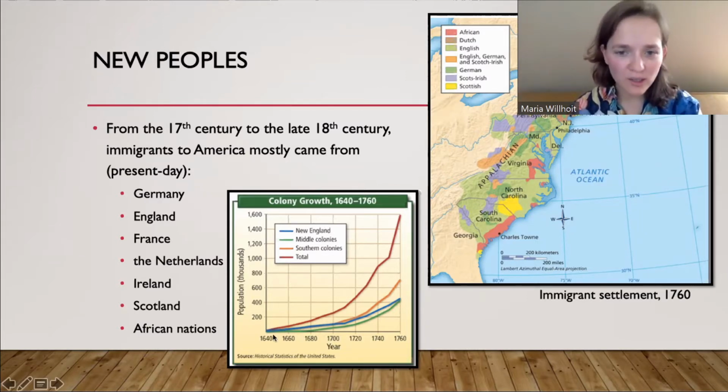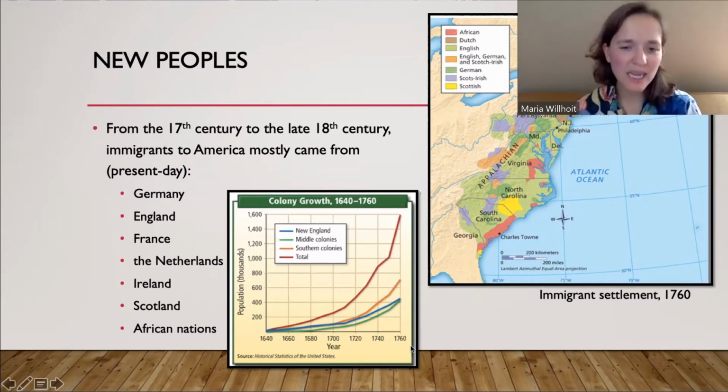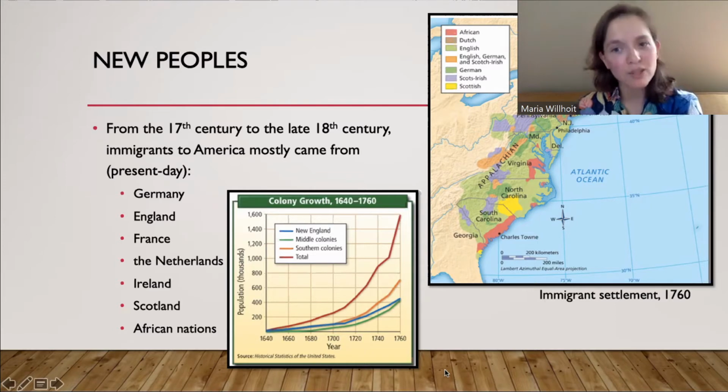And here is also immigration in the early stages of America, was slow. But once you start to reach 1760, you start to have even more and more immigration. So it's a steady peak. It takes a while, and it's really predominantly in the southern colonies, but you also have it in New England, north here, as well as the middle colonies. And again, I think this red line for total, a lot of that also has to do with Africans coming to America.